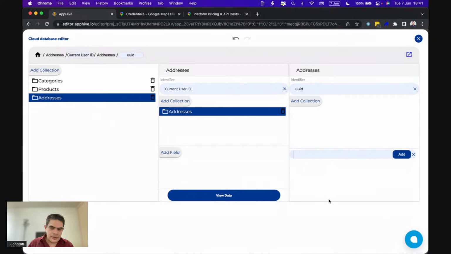And inside these addresses, I have the address, the latitude,